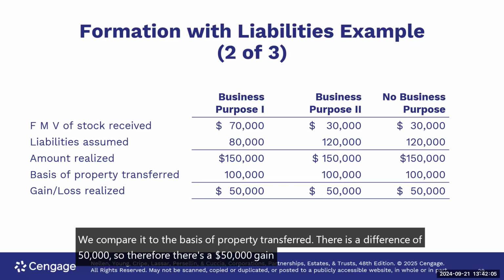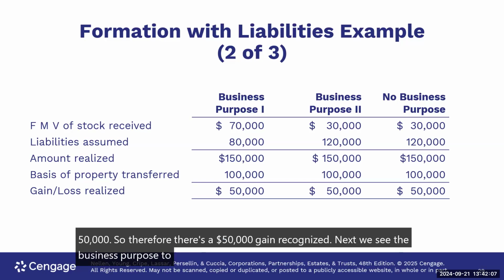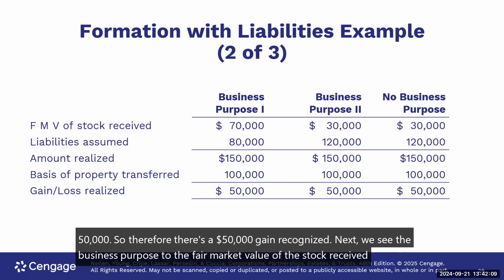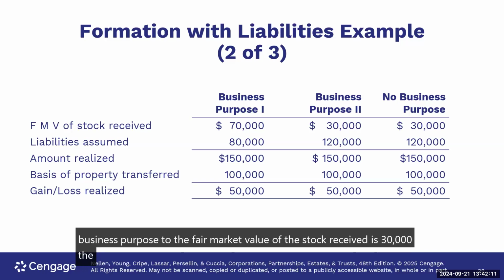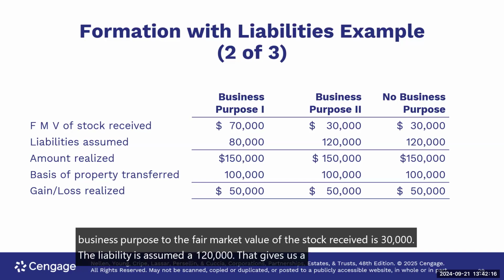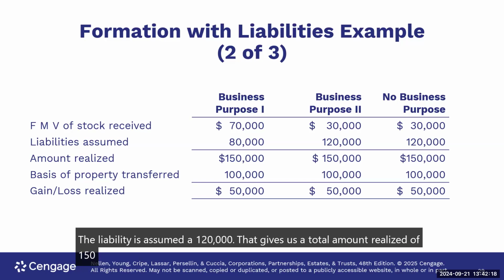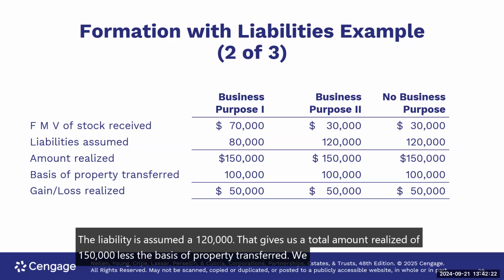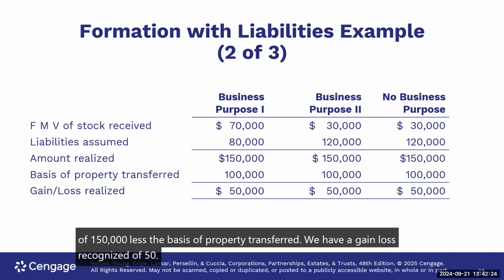Next, we see the business purpose 2. The fair market value of the stock received is $30,000. The liabilities assumed are $120,000. That gives us a total amount realized of $150,000 less the basis of property transferred. We have a gain or loss recognized of $50,000. So the same applies